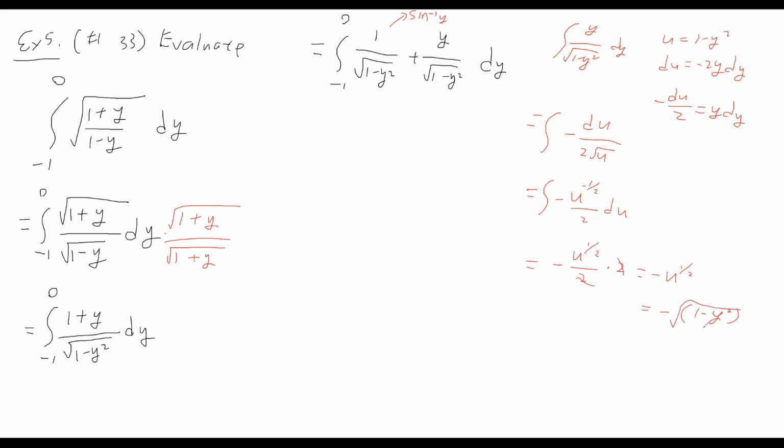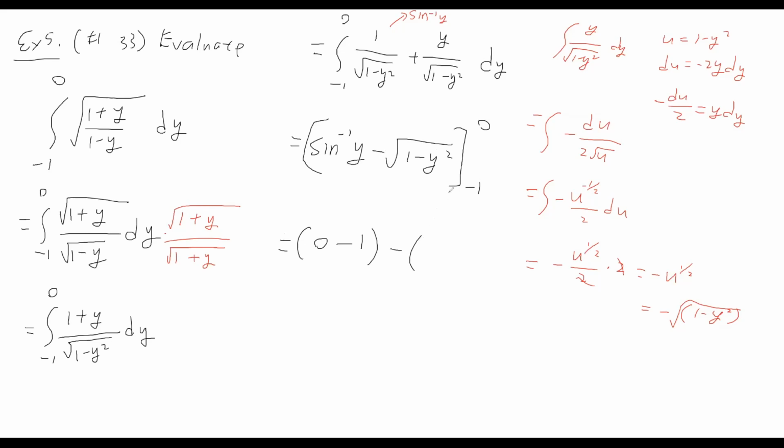Okay, now let's just put this back into the original. So we can integrate both of them. The first part is inverse sine, and then minus the square root of 1 minus y squared. And then we are evaluating this from -1 to 0. All right, so sine inverse of 0 is 0, minus the square root of 1 minus 0, that's 1, minus inverse sine